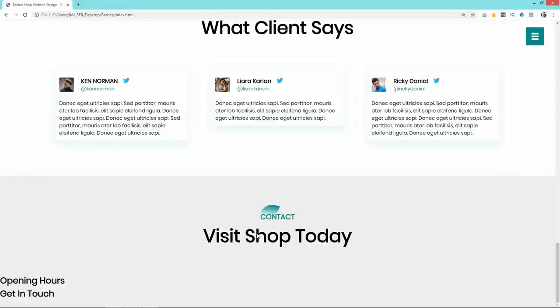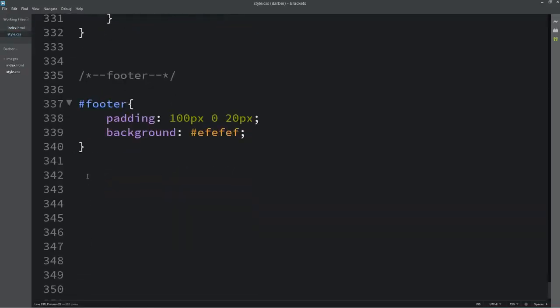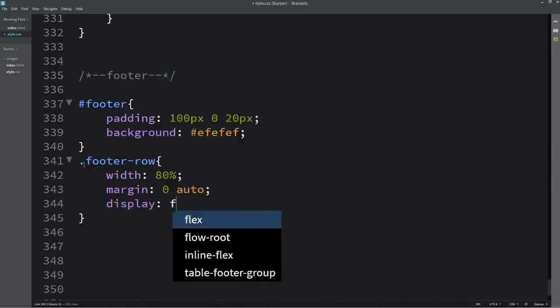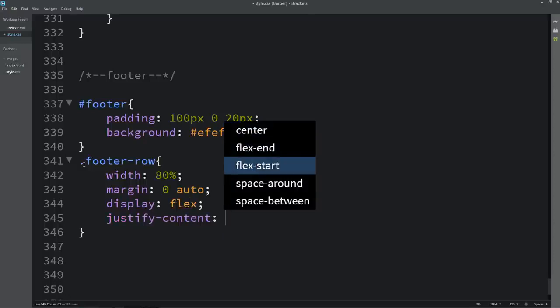So you can see this title on the left side. Let's copy this class name footer row and add this class name in the CSS file. Here we will add width, it will be 80%, and margin 0 and auto. Display, it will be flex. Justify content space between